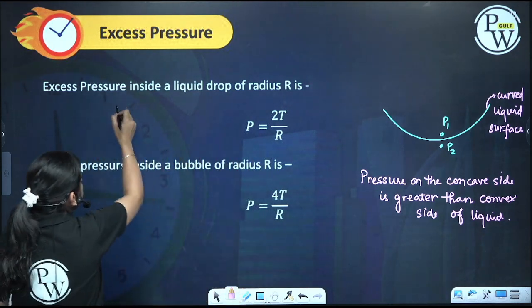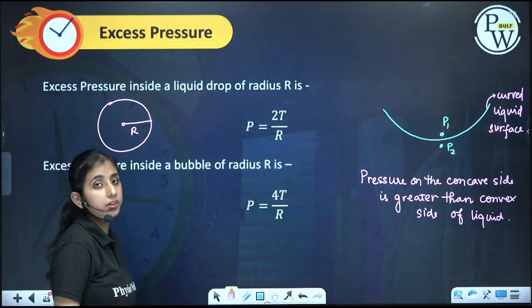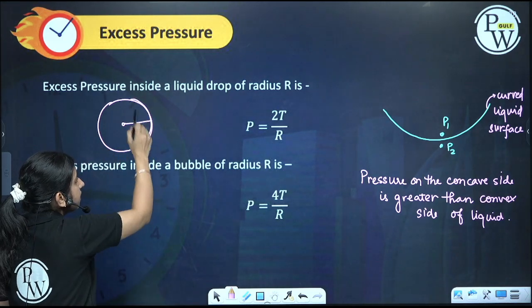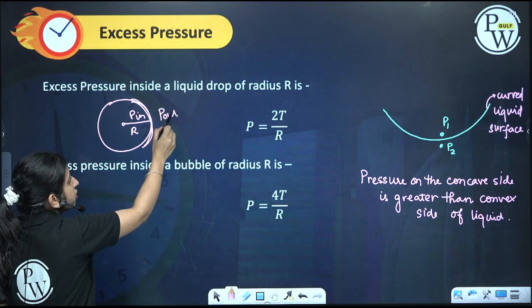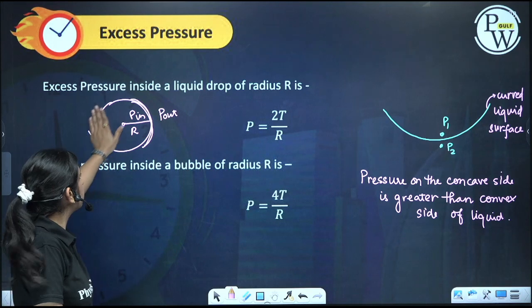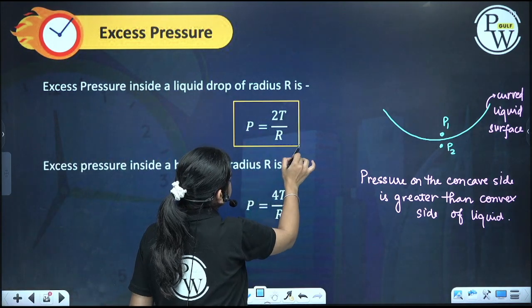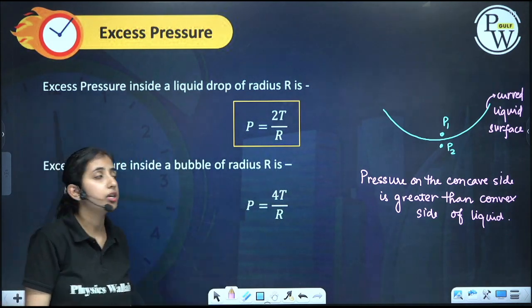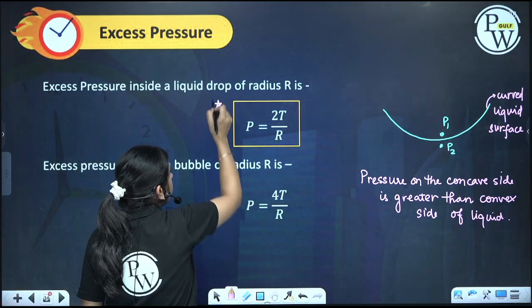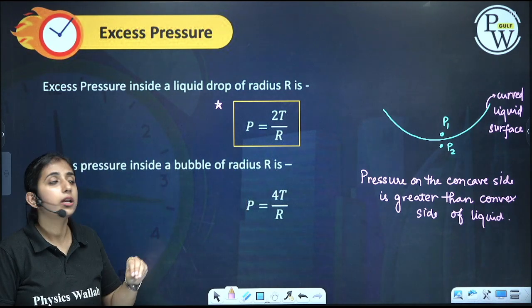When we have a liquid drop of radius r, this is the concave side, so pressure inside is greater than pressure outside. The amount by which inside pressure is greater than the outside pressure is called excess pressure. So excess pressure in a liquid drop of radius r, if T is the surface tension of the liquid, then